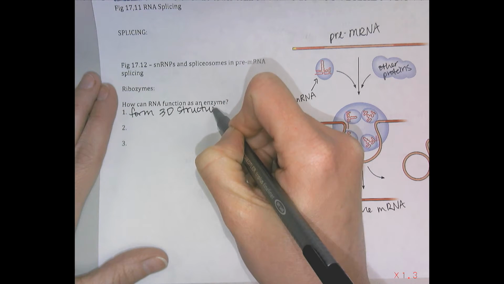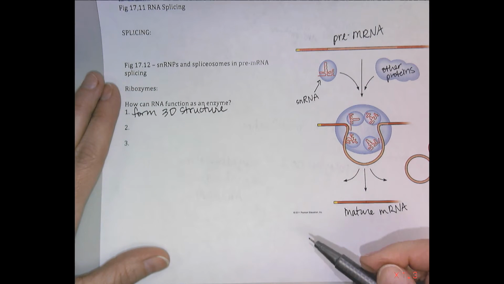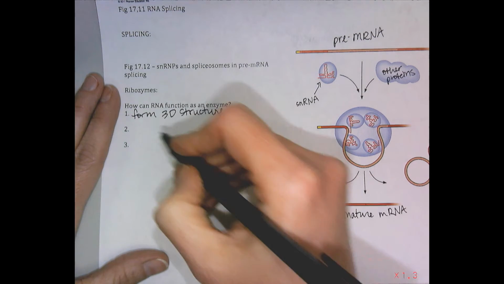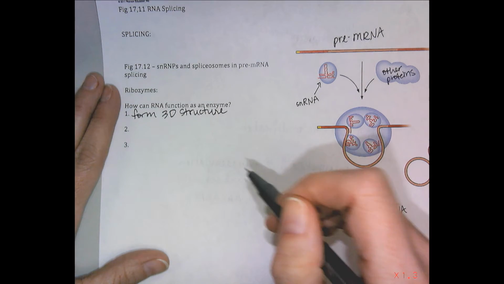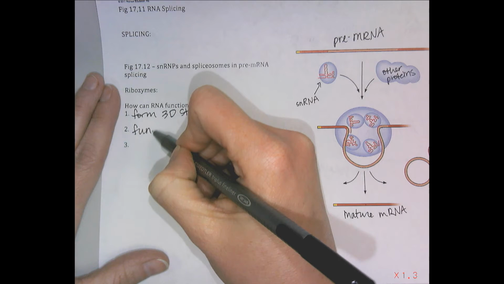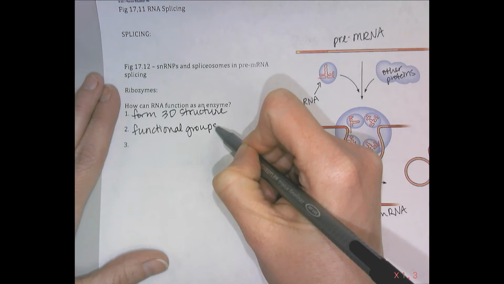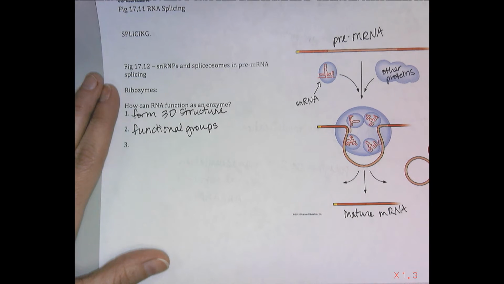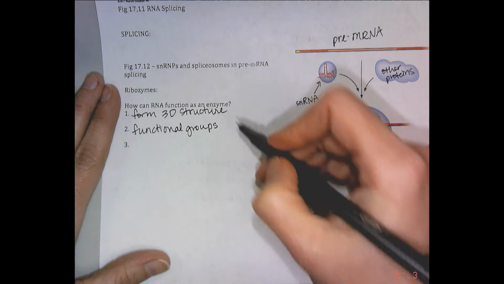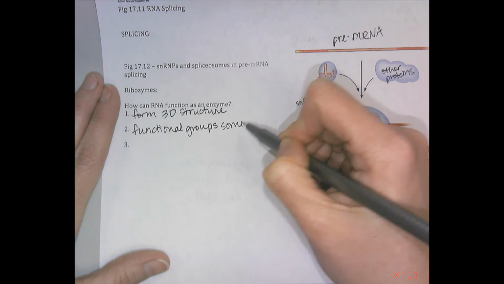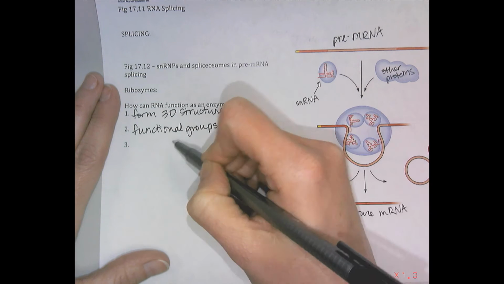And that's really interesting. Sometimes RNAs contain functional groups that can participate in catalyzing reactions. Hopefully you remember what functional groups are. They're little additions of certain things like hydroxyl, carboxyl, carbonyl. Remember those names? So this functional group sometimes can act as